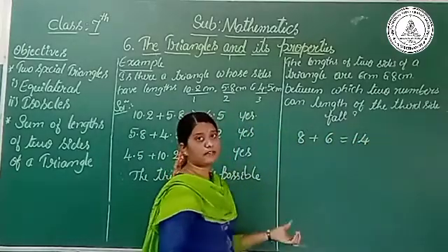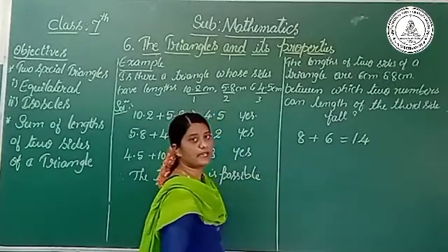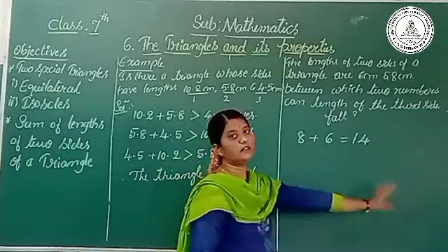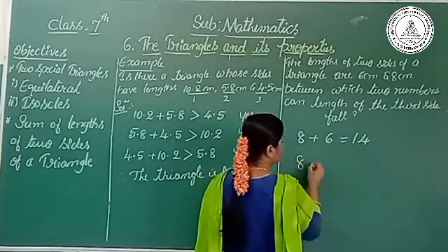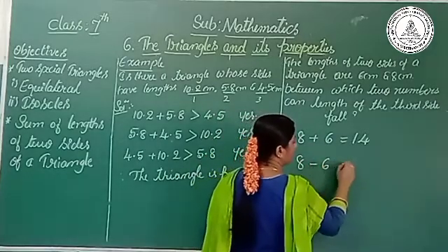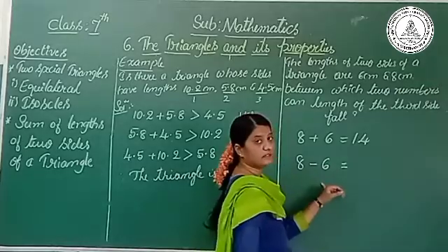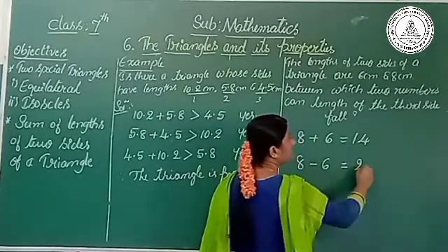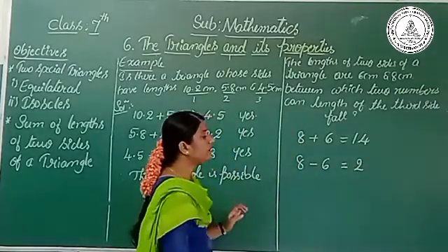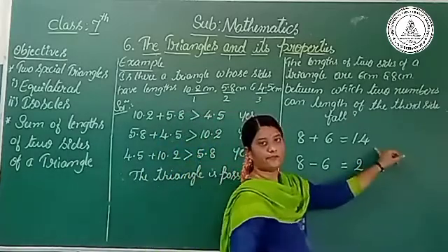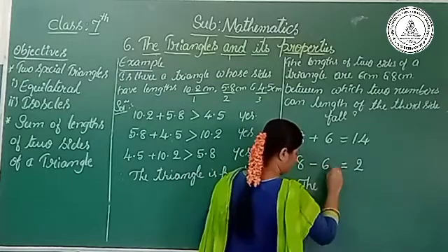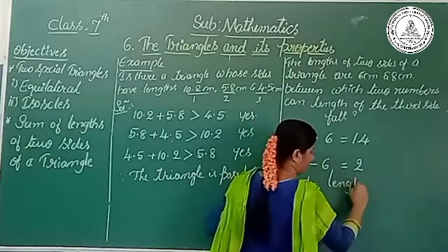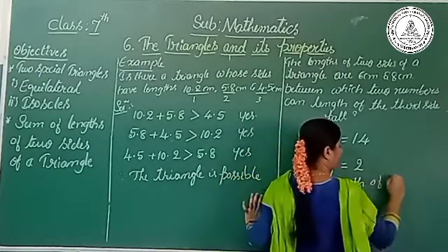And if we subtract, the difference between these two sides is less than the third side, right? So what is that? 8 cm minus 6 is equal to 2. Okay, so the third side will come between the numbers 2 and 14. The length of third side